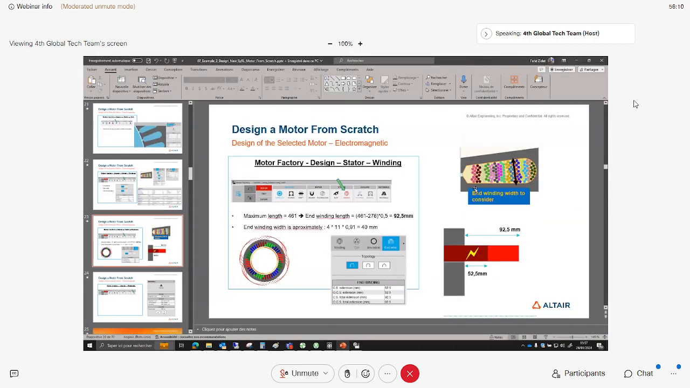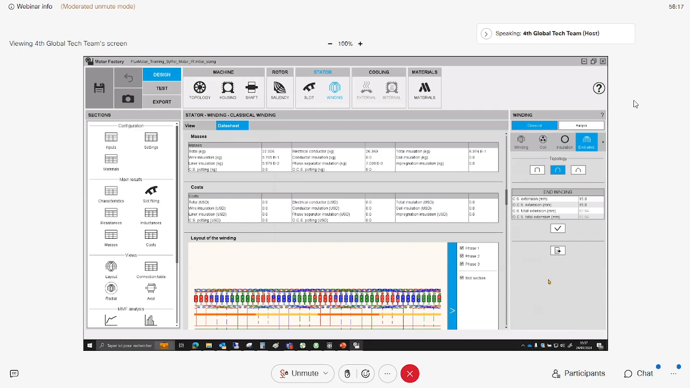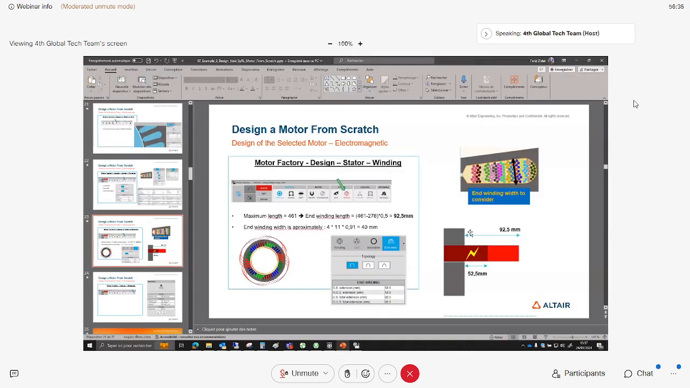But we are still not finished with the end winding, because remember that for the end winding we computed the maximum extension, or the maximum length of the machine. We know the length of the stacking on the stator and the rotor, so we can easily compute this extension. Actually, here I have a maximum extension of 92.5,